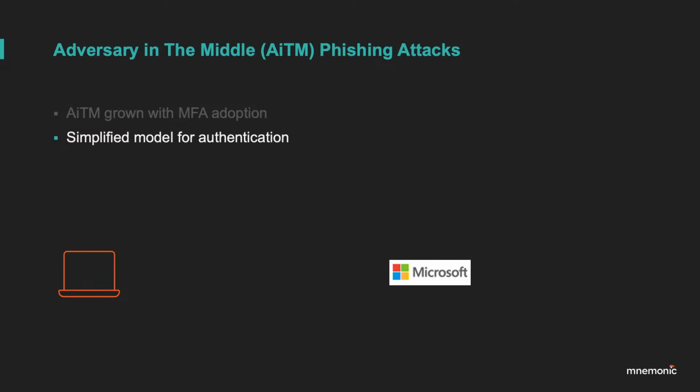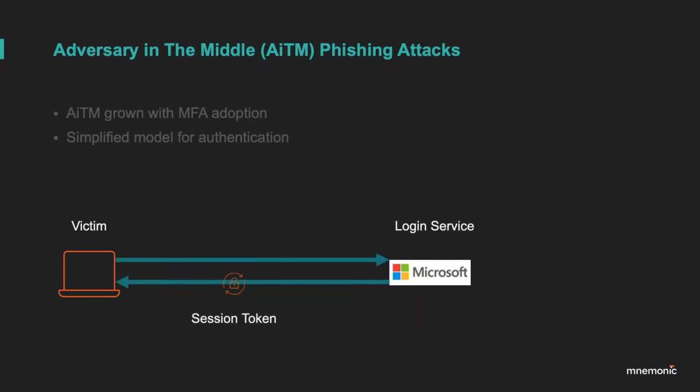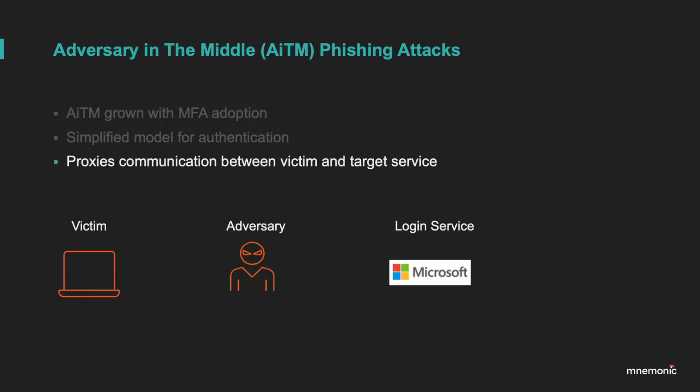So how does it normally work when you log into, I don't know, Microsoft or Google or whatever? You are on your laptop, you go to that particular website, you fill in your username and password, you get a request for a two-factor authentication, and then that website sends you a session token. And then with that session token, you have logged in, and that session token is actually kind of powerful. I'll explain later. Now, adversary in the middle is the same thing, except the bad guys inject themselves in